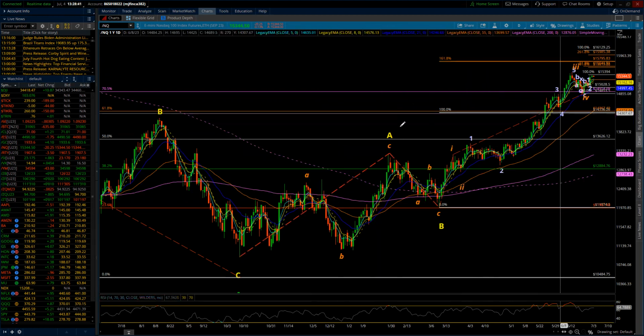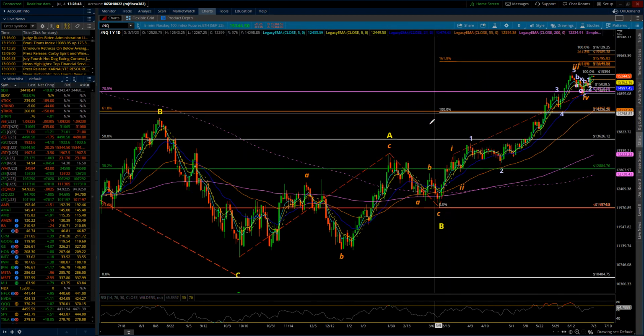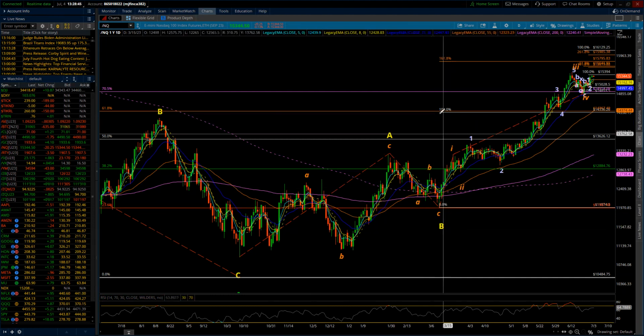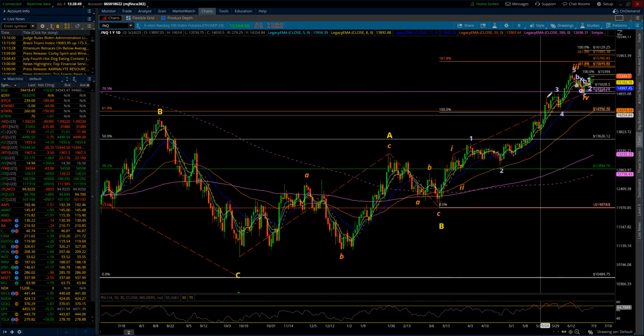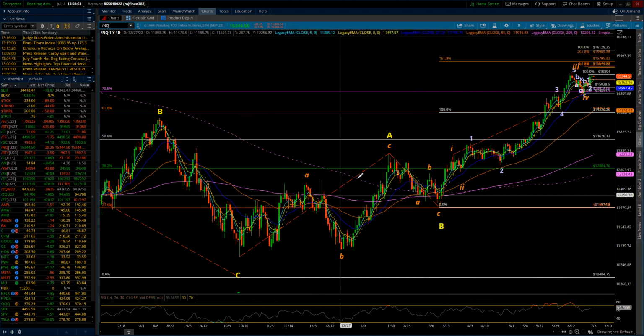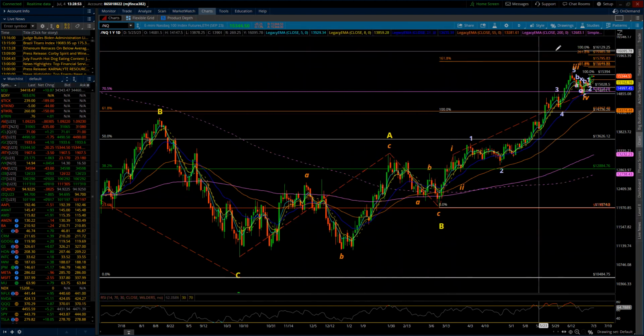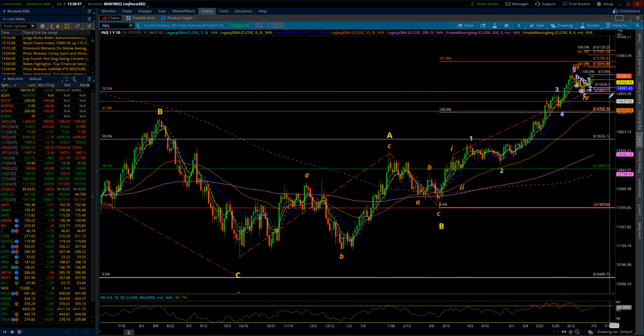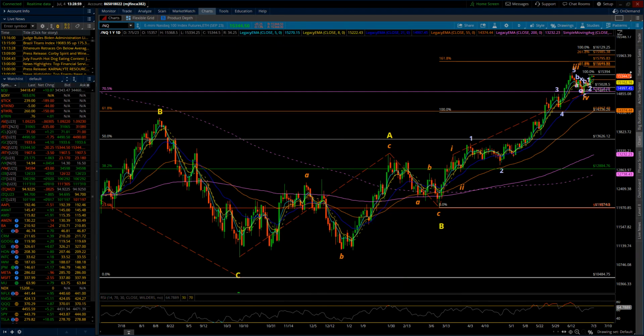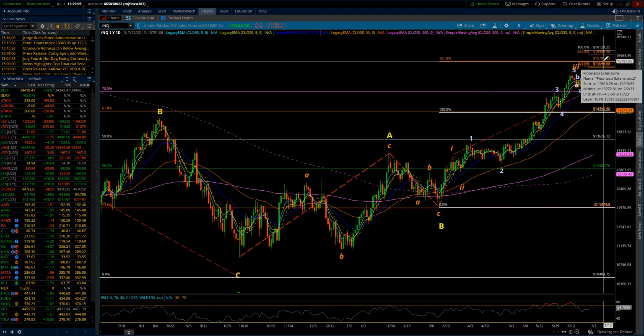And so what we've got going on is that we have the intermediate C wave, 1.618. Intermediate wave C would be 1.618 times the length of intermediate wave A, and that comes in at 15,795. Remember, we're at 15,344. So we've got 400 points plus, 450 points before we're at that 1.618 level for the intermediate C wave, right?